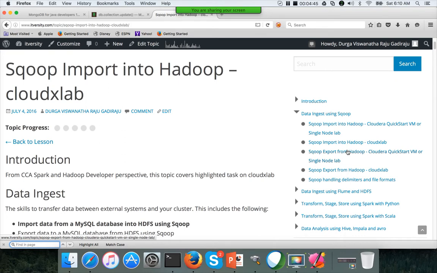So Scoop import has a lot more options than Scoop export, but a lot of guys assume that as we can get delta using the many options available with import, we can also query the data from Hive and perform delta export from Hadoop into a relational database.